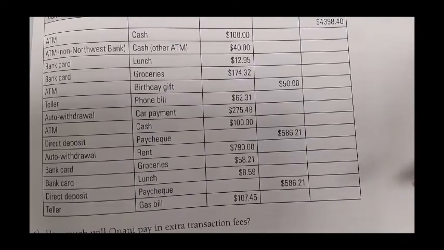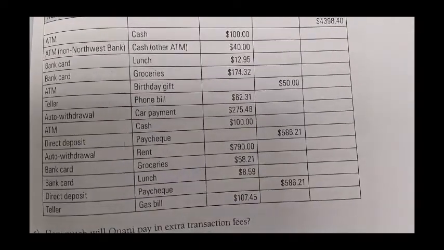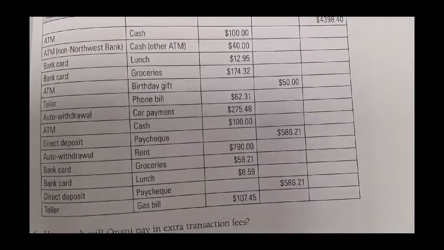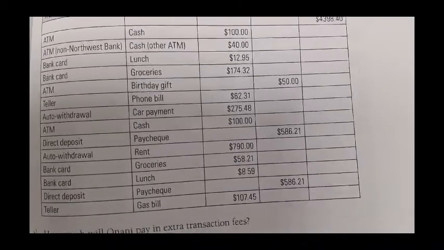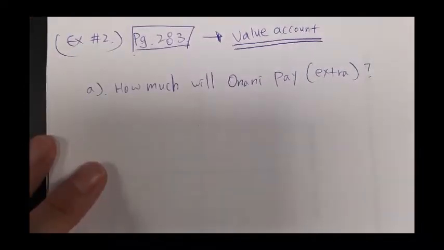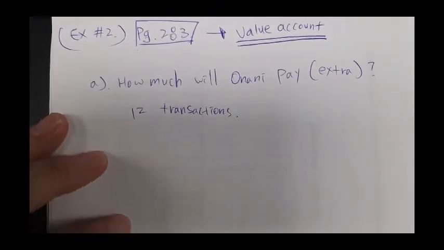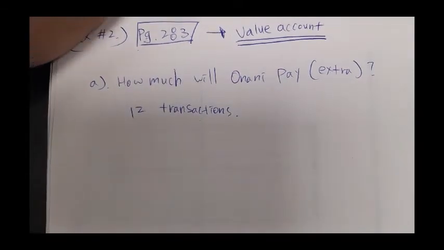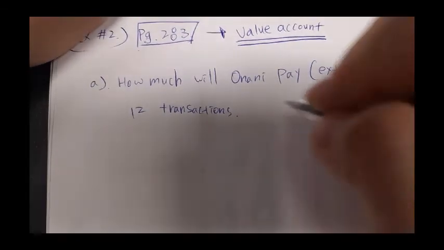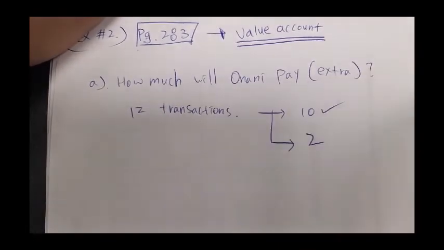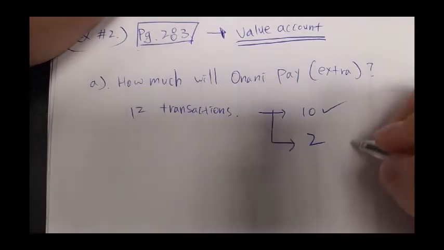Yeah, the only thing that doesn't play a huge role is anything that involves a purchase at this point. But in any case, we have 12 self-service transactions. So that means let's look at our previous plan. You need to go back and forth. According to the value account, 10 services are basically covered, but we have 2 additional charges, which means I need